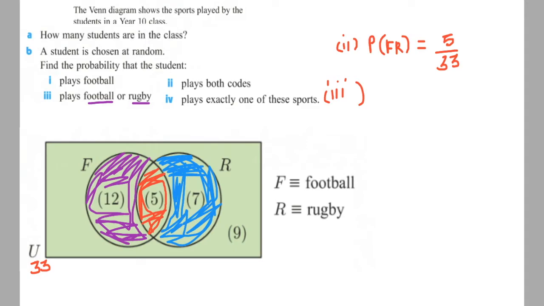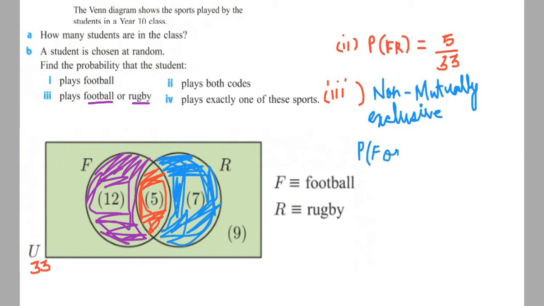So these kinds of events are called non-mutually exclusive. They are not completely disjoint. So in this case, we are going to use a formula which is probability of F or R, which is probability of playing football or rugby, is